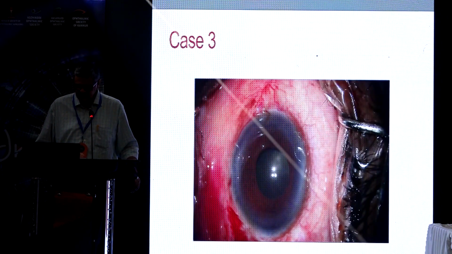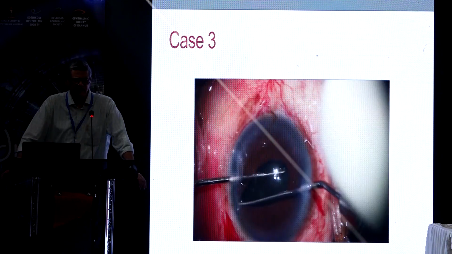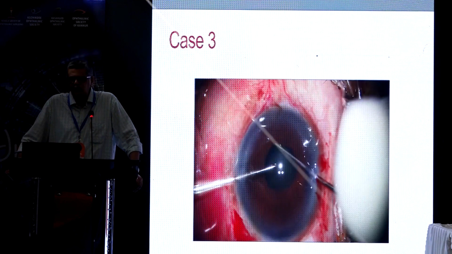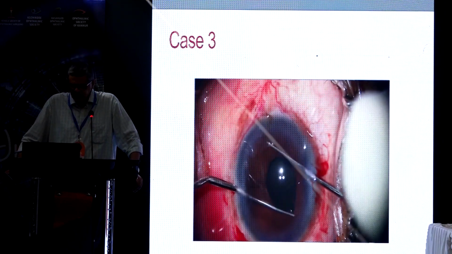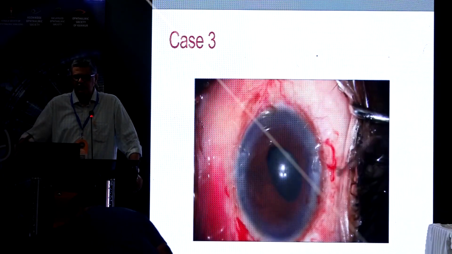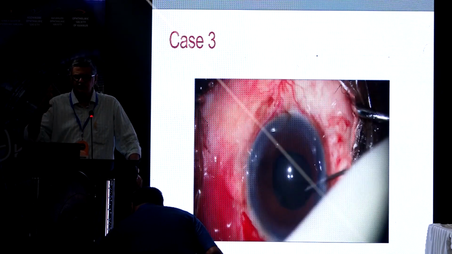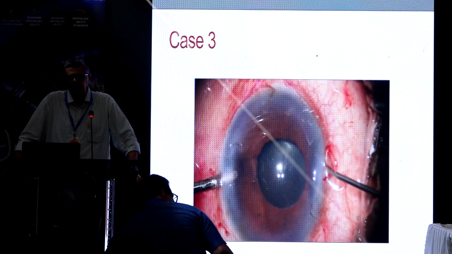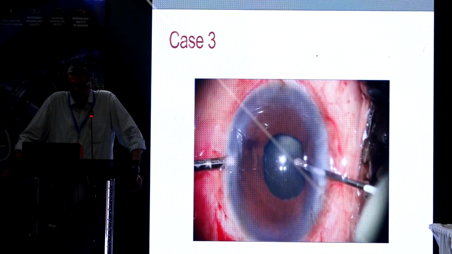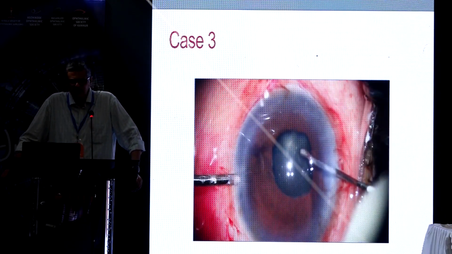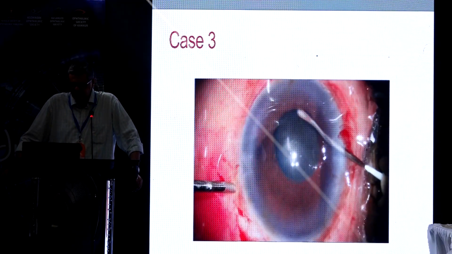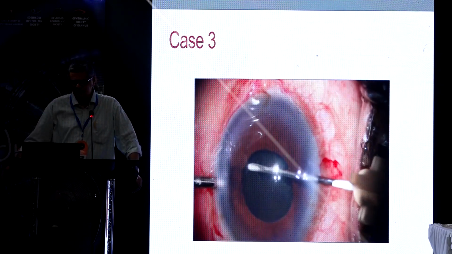Now, this is the third case. This is the last one that I am showing. This is a jet black cataract, a very hard cataract, where I tried expanding with Kuglen hooks. It didn't expand much, and the moment I started doing my rexis, I found out that the entire bag, with a huge nucleus, was moving. I was not very keen on doing a phacoemulsification for this, because the specular count was also quite low, which is quite often seen in patients with pseudoexfoliation. So the moment I started the rexis, the entire bag was moving, and I decided